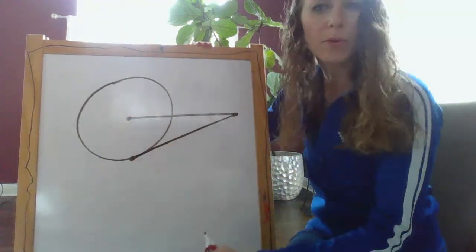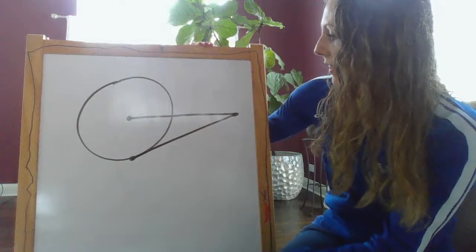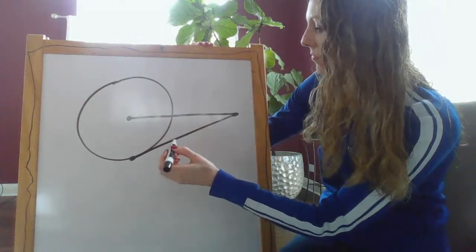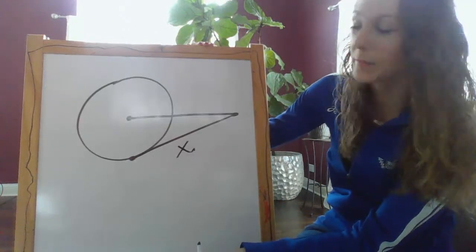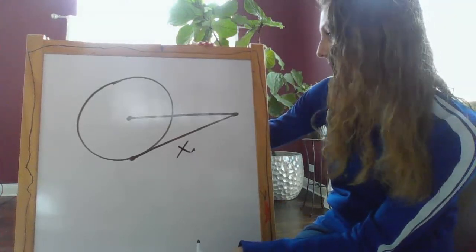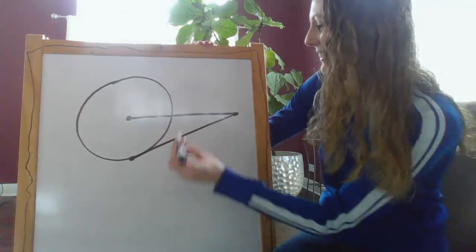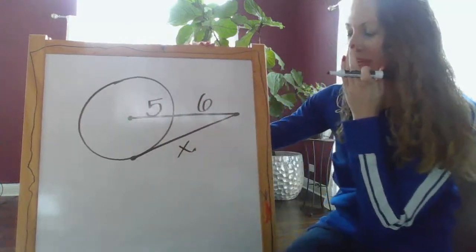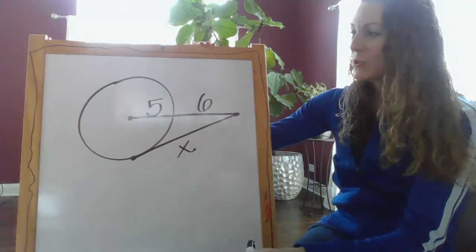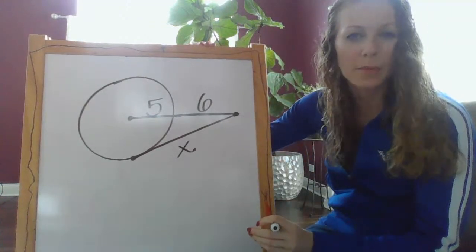Okay, so let's say that that point right there is the center of our circle. And let's say this is x. We're trying to find that tangent segment. And this length is, I'll try to make it a little bit more to scale this time, how about we say 6 and 5? Okay. So in all of these ones that we have our vertex on the outside, all problems with the vertex